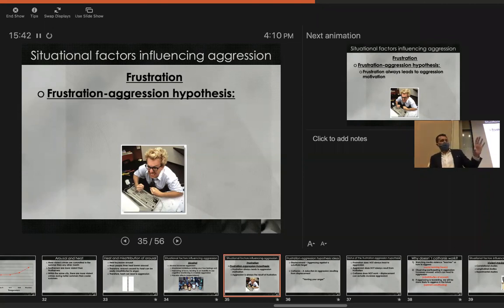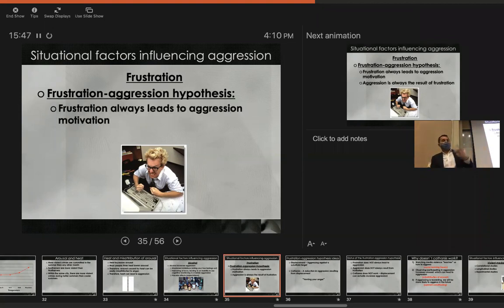Okay, the frustration aggression hypothesis says two related things. First off, that when people are frustrated, that frustration will always lead to the motivation to aggress. Now, they define frustration here in terms of if you have a goal you're trying to achieve and someone blocks your ability to achieve that goal. That's what frustration means. So for instance, let's say that you're at work and you're up for a promotion, but your boss decides not to give you the promotion and to give it to someone else, okay? Your boss has frustrated you in the sense that he's blocked your ability to achieve your goal.